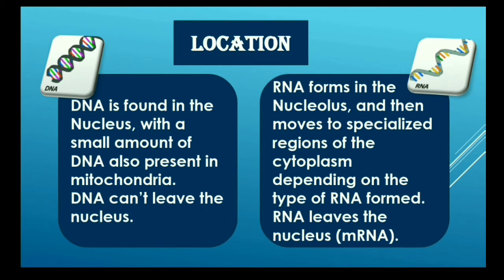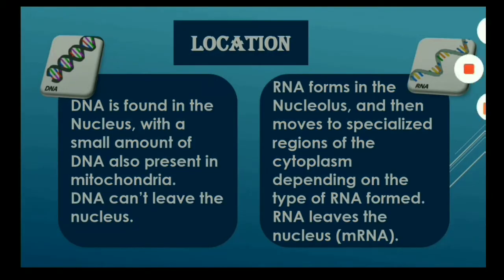For example, messenger RNA is present in the nucleus. When it takes the information from the DNA, it moves out of the nucleus, and then the location of the RNA changes. So it is clear that RNA has different locations, but it depends on what? It depends on the type of RNA. Okay, so the next difference is